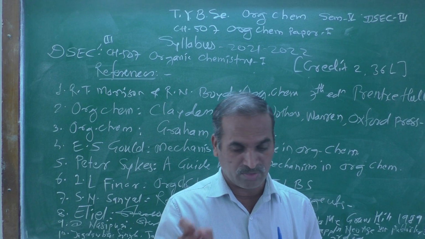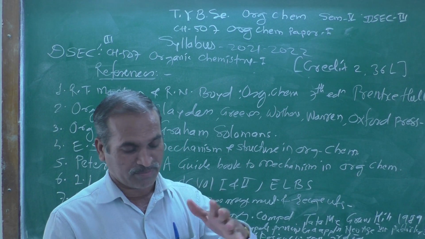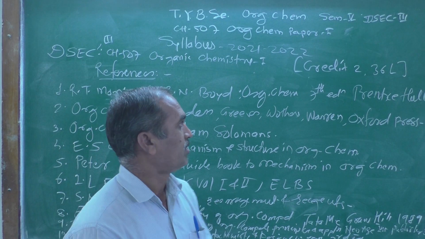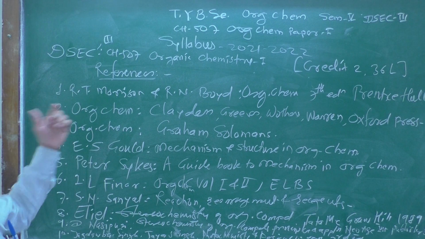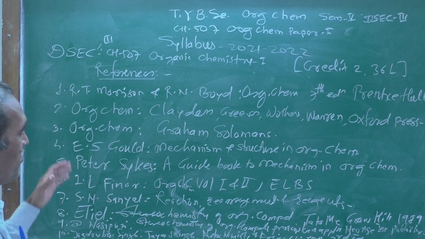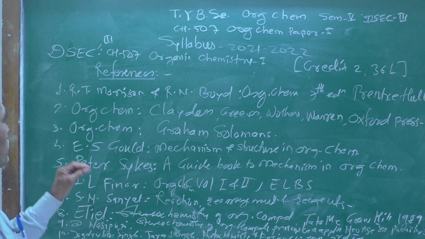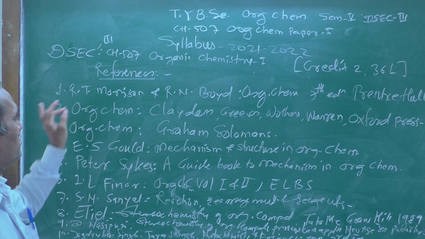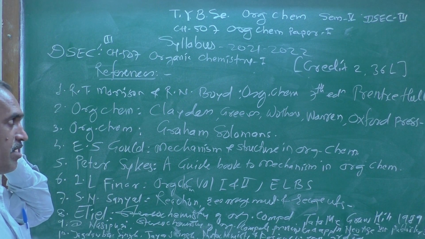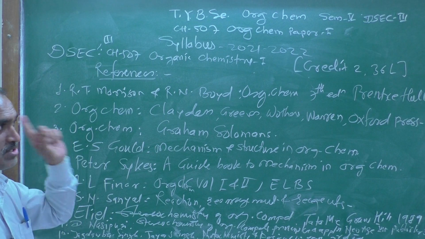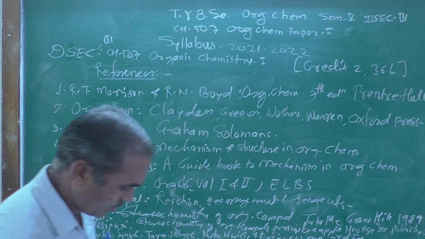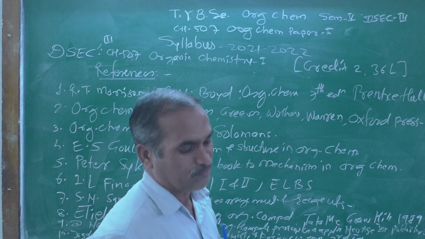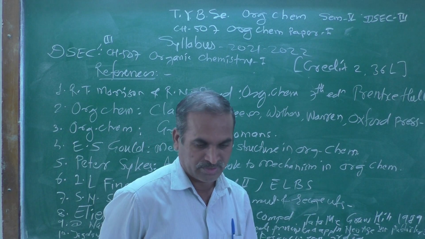I already mentioned in my previous lectures, there are 10 references they have given. So the first reference, R.T. Morrison and Boyd, Organic Chemistry 7th edition, preferentially, where you get the detailed information about